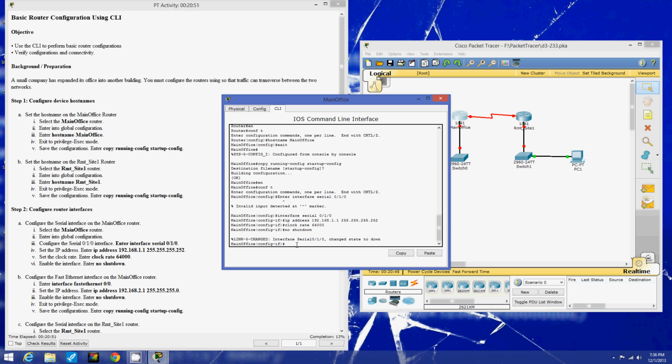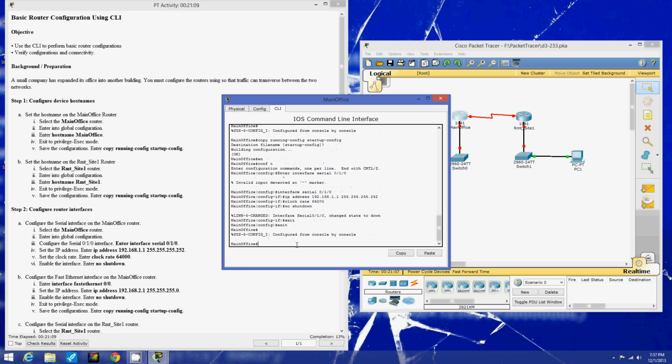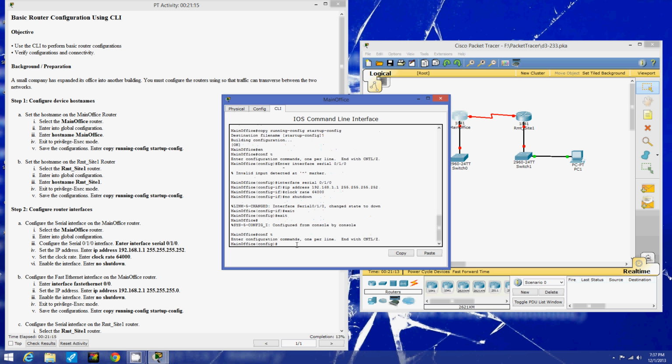Now we got that set. Now we're going to configure the fast Ethernet interface on the main office router. So now that we're already in the main office router, we're going to exit again, enter. Now we're in the main office router. We're going to enter global configuration mode again. So conf t. Okay, now that we're in configuration mode, we're going to